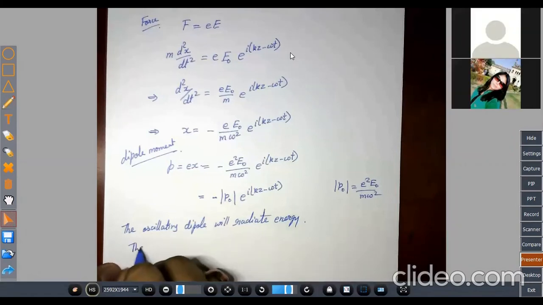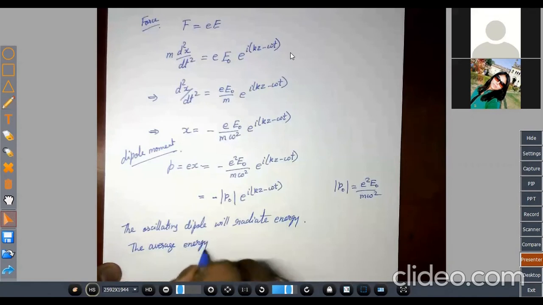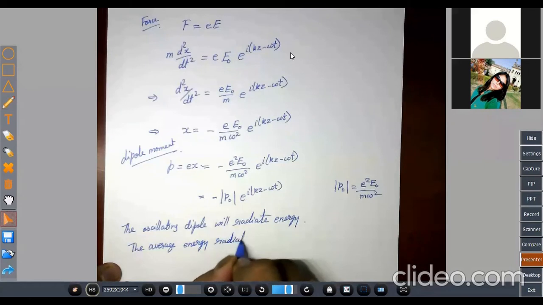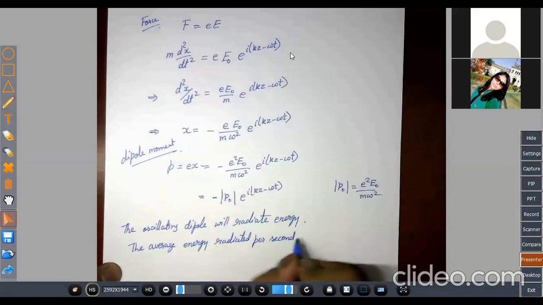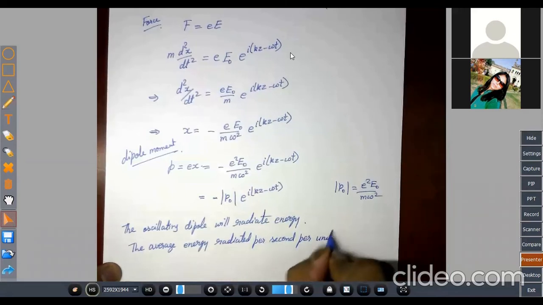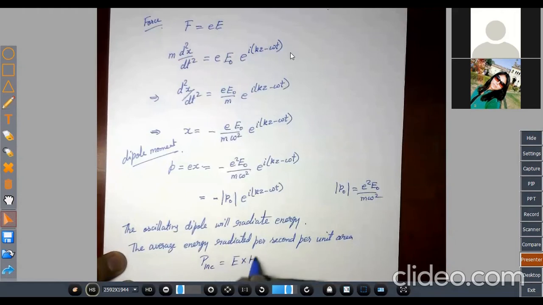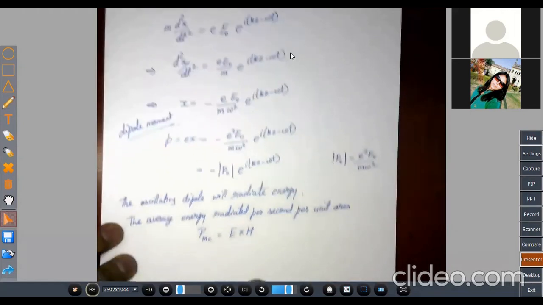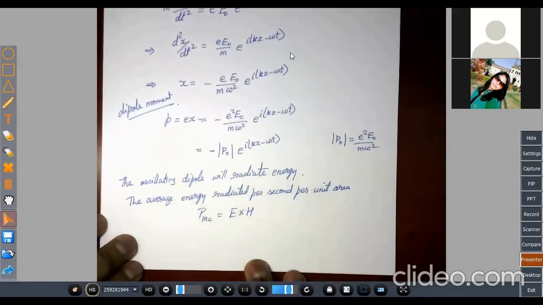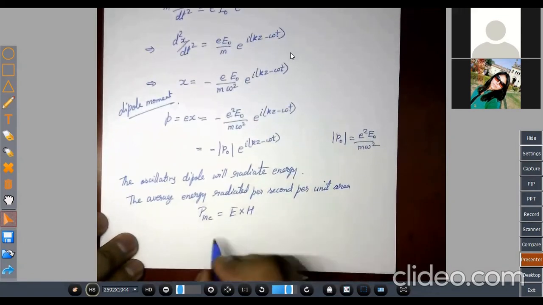So the average energy radiated per second per unit area, this is given by the Poynting vector, whose average value